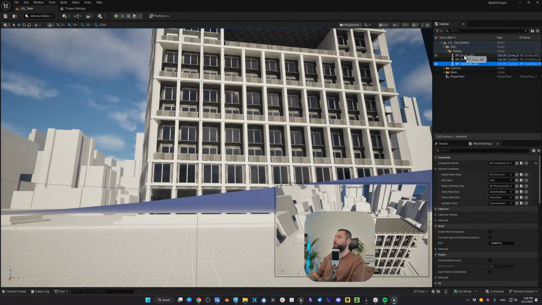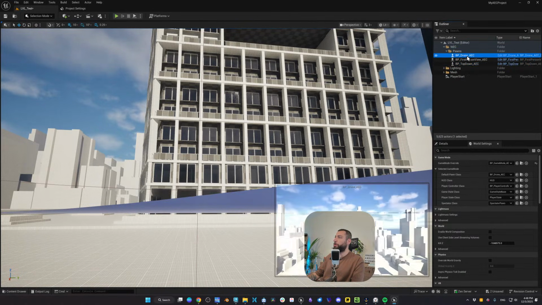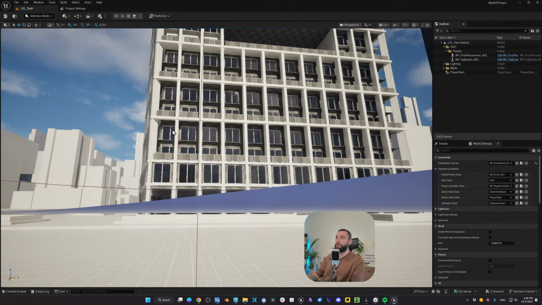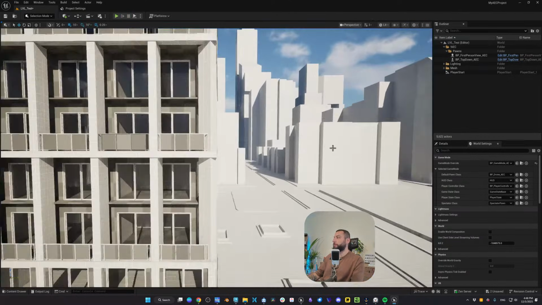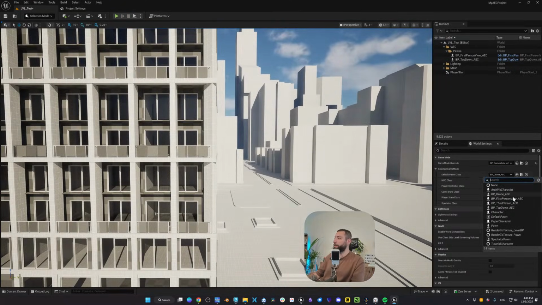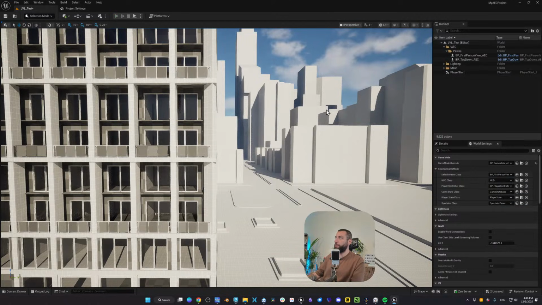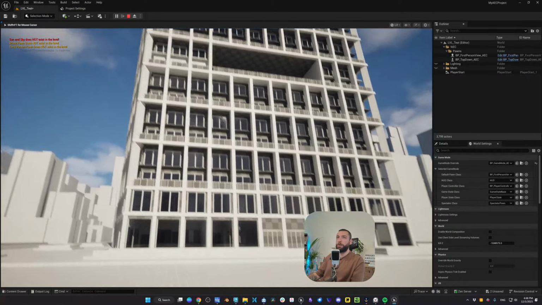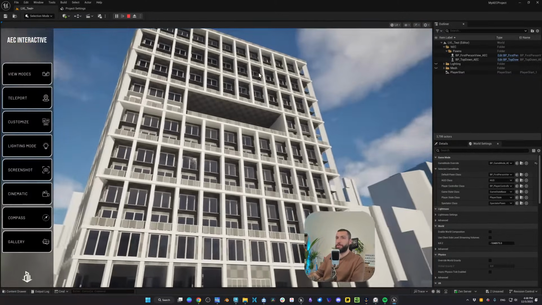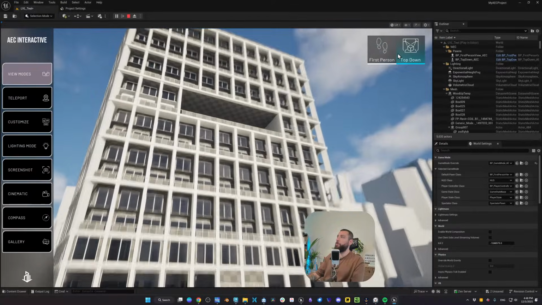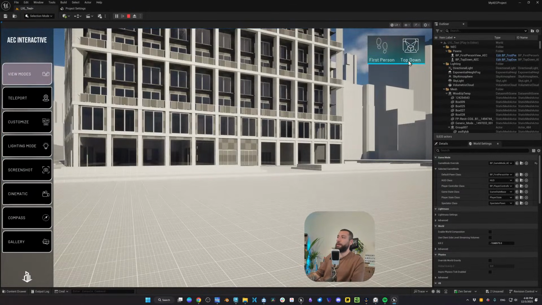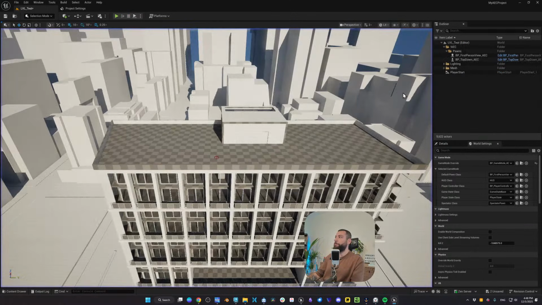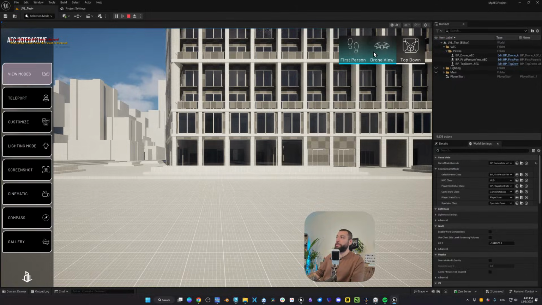Let's say you remove the drone and top down, or just the top down or the drone. Remove the drone, click on play. We also need to change it from here. So here I have drone, and if I don't have it in my level, we're going to get some problems. So let's select the first person view now, since it's already in the level, and click on play. We have the third person and first person view, and now we have only two buttons, the first person and the top down. If I bring back the drone and click on play, we will have the drone as a button.